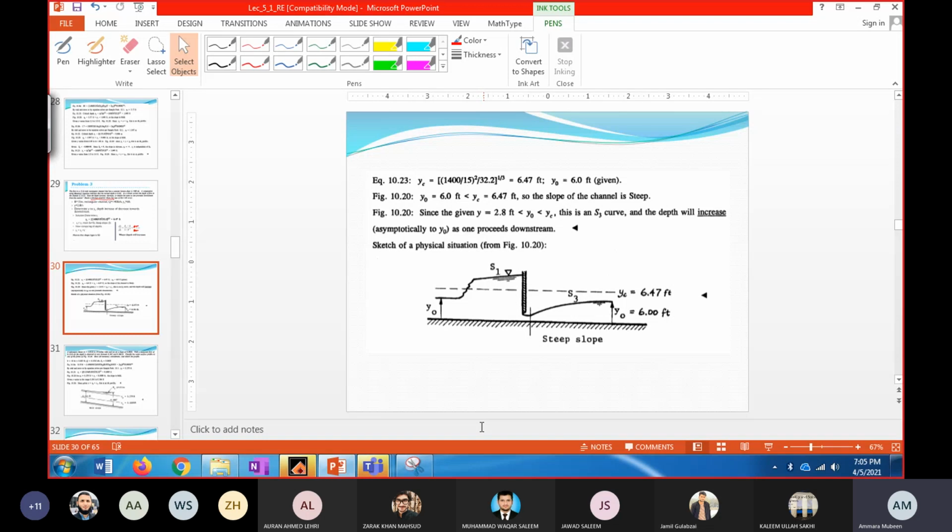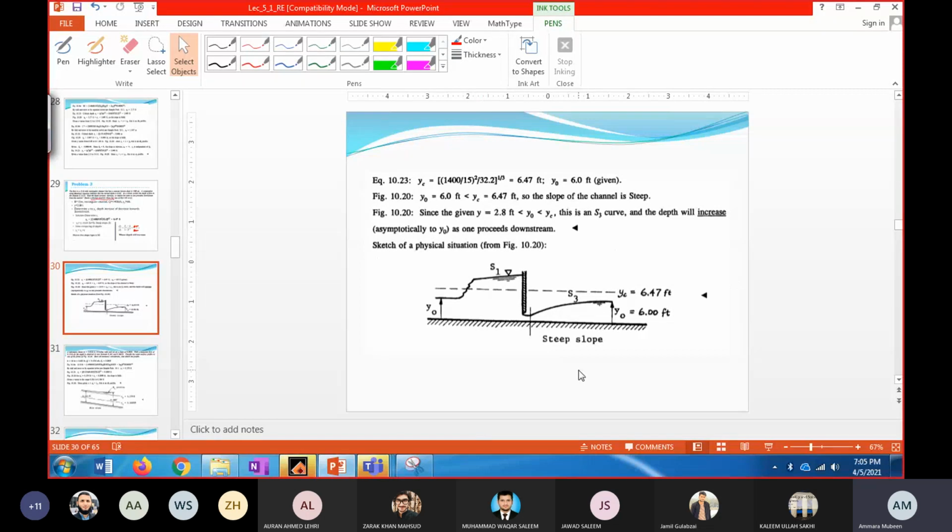So when you are observing gradually varied flow, there is some control section either upstream or downstream. So when the water surface profile has some gradient, it means there is some control section upstream or downstream of that profile. Okay, so